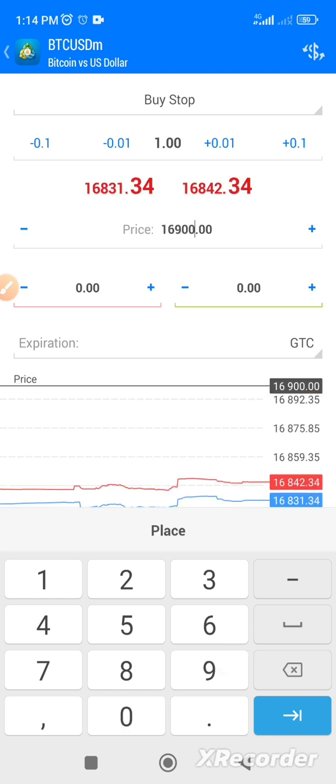So it means you expect BTC, when it hits 16,900, then your broker will trigger your order for a buy. So let us set our stop loss here. Your stop loss will be under it. We can use 15,000